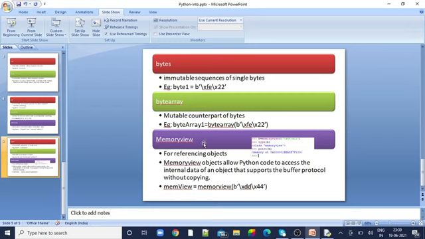Memoryview is basically used to access the internal data of objects, supporting the buffer protocol, without copying. That is when we need a faster, more efficient view. It need not copy and then copy once again. We can directly go and manipulate the memory and work on bytes. That is basically memoryview, which is used for time efficiency. In more detail, first let's see how we create the bytes.